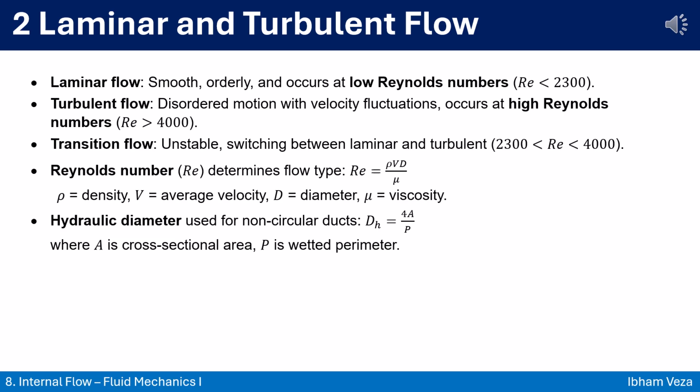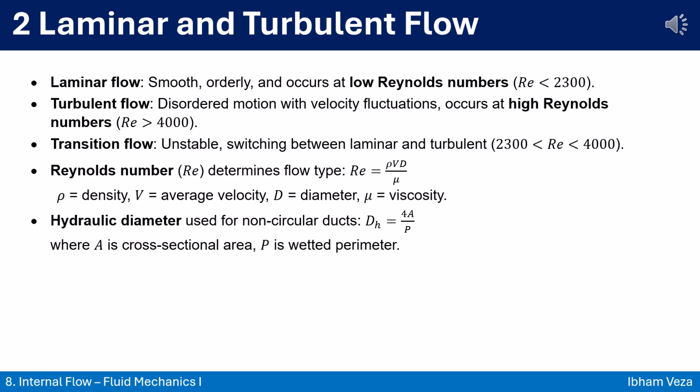Turbulent flow is the opposite. Here the fluid swirls, fluctuates, and creates eddies. It's unpredictable and energy losses are higher. Turbulence kicks in when the Reynolds number is above 4000. In between these two extremes, we have the transition flow region, an unstable zone where the fluid keeps switching between laminar and turbulent states. To classify flow type, we use the Reynolds number, Re, which is calculated as rho V d